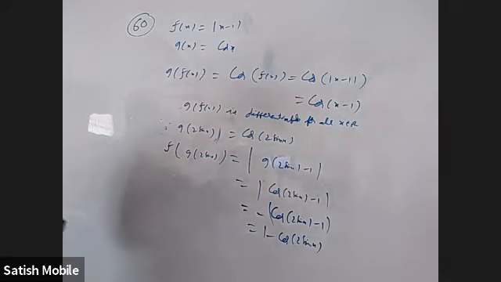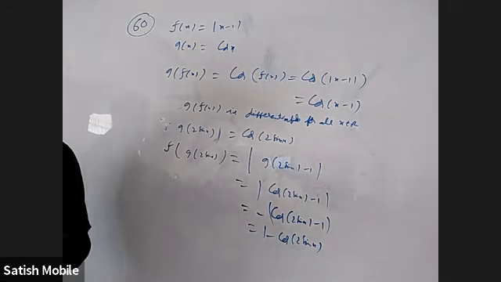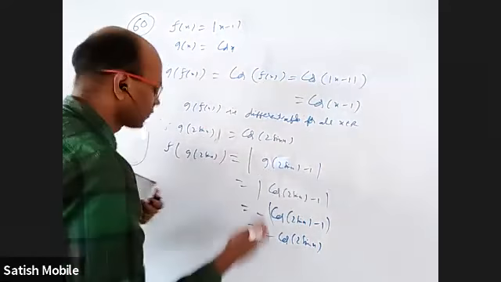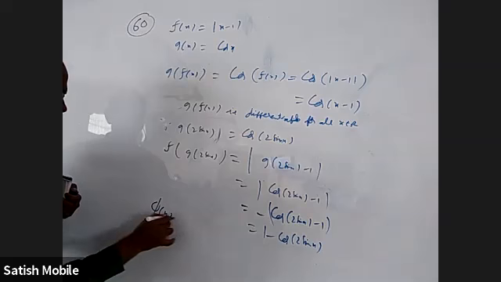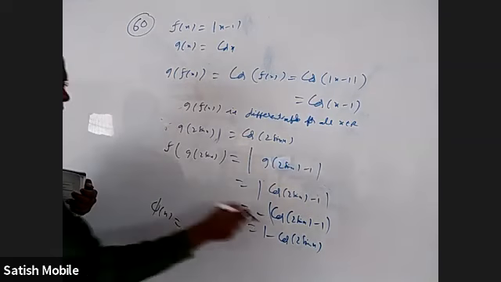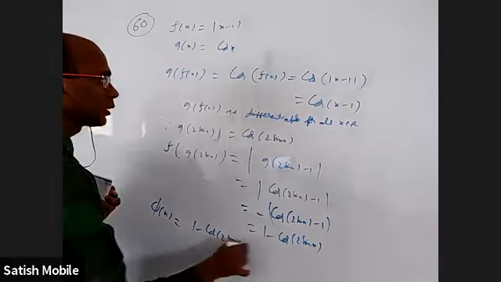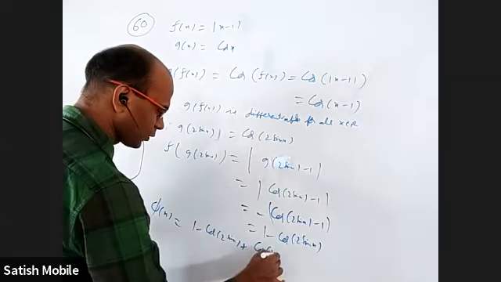Okay. So ultimately, there is no mod at all. Here there is a mod, but it is gone. Here there is a mod, it is gone. Finally, what is my phi of x, as they defined, is this plus this, which is 1 minus cos of 2 sin x plus cos of x minus 1.